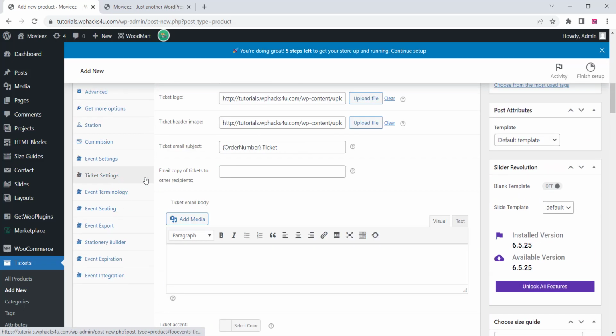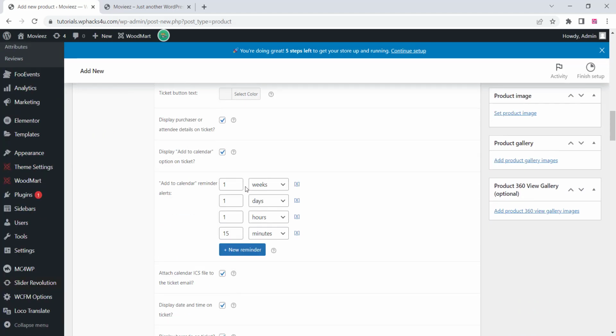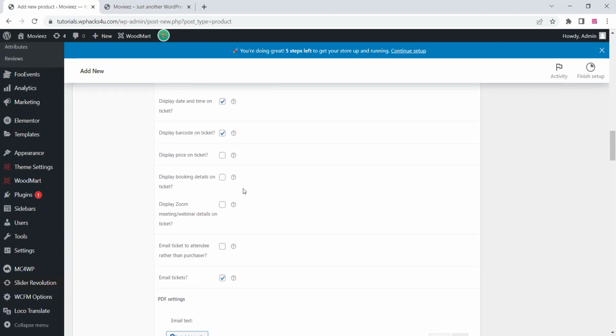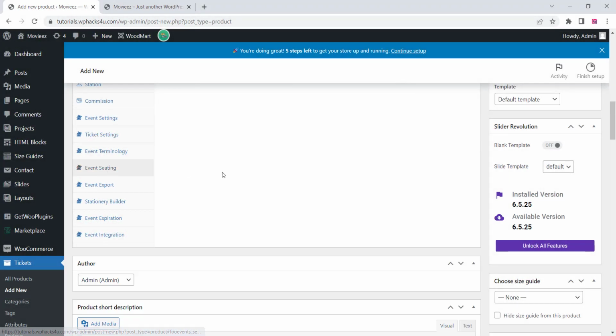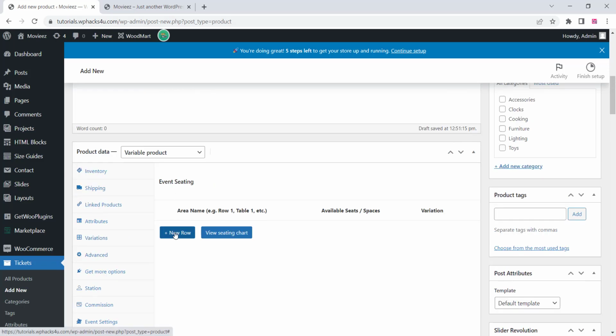Then you can just go to another ticket settings page, and here you can change the ticket logo and you can see all these options. You can make sure it's enabled or disabled according to your requirements. Now go to the event